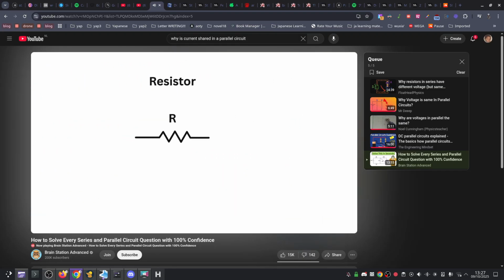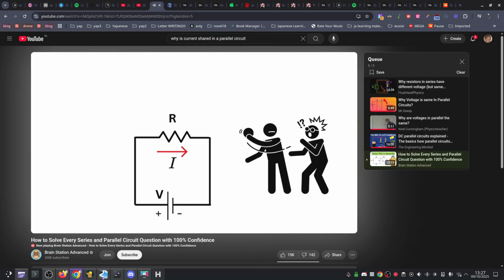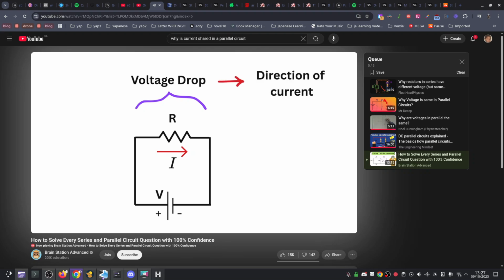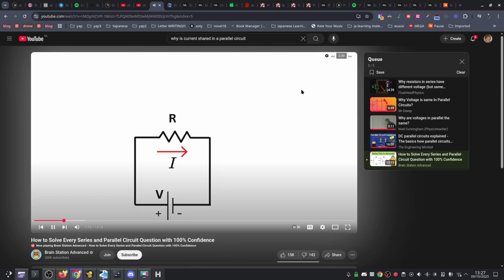If we have a resistor and a current flows through it in this direction, then the resistor acts like a voltage eater. It munches on some of the energy from the battery, and this is called a voltage drop across the resistor. The voltage drops in the direction of the flow of the current. So, if the current goes left to right, the left side of the resistor is at a higher voltage, and the right